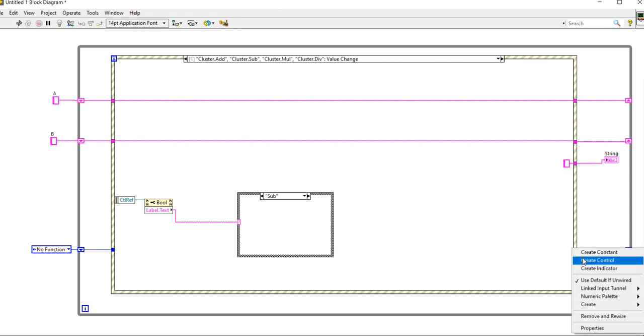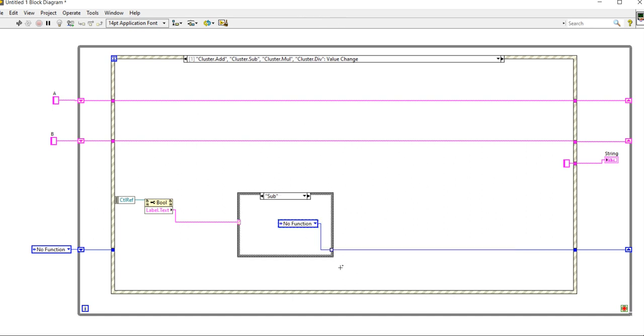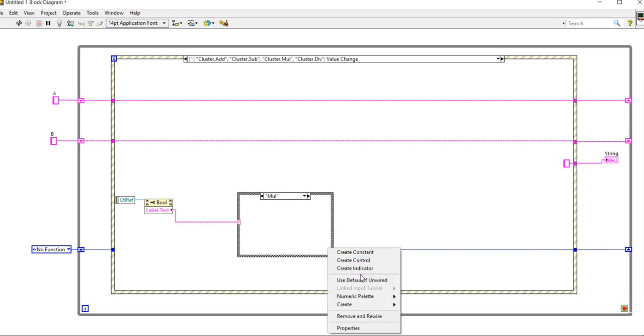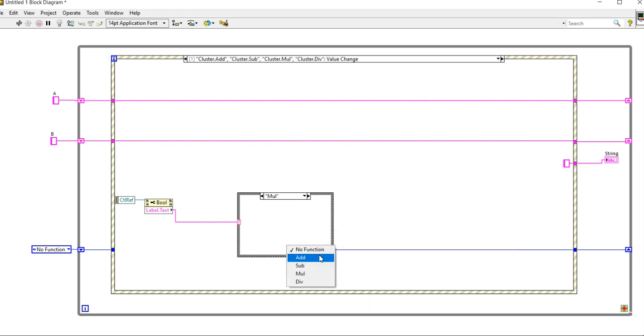Now right click, create constant. So first one is subtract, so add subtract. Right click, divide, multiply, create constant, multiply, additions, create constant, add functions.